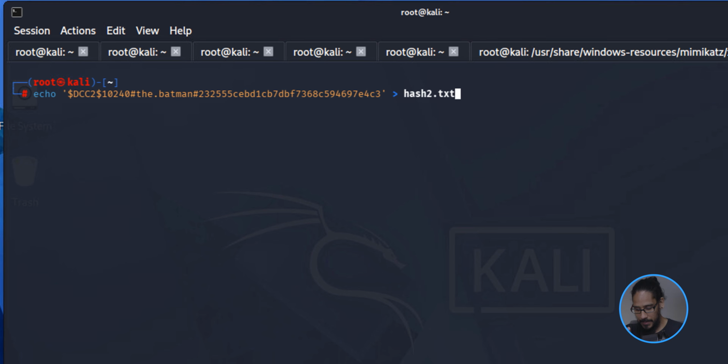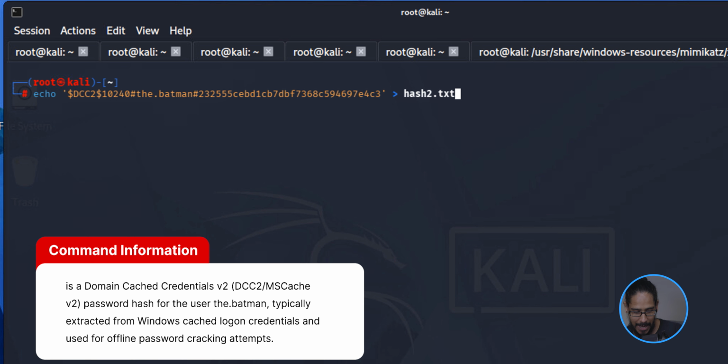And wait a minute, you're probably saying, Bernardo, but that's not the hash that you just copied. I know that. So we need to format this a little different for it to work using Hashcat. Yeah, I think that's what we're going to be using, Hashcat, to crack this. So we need to actually make some modifications to what we just copied over. So we need to type in